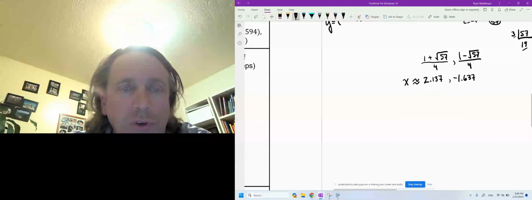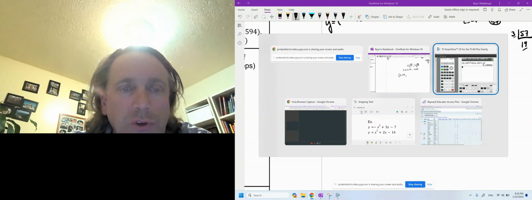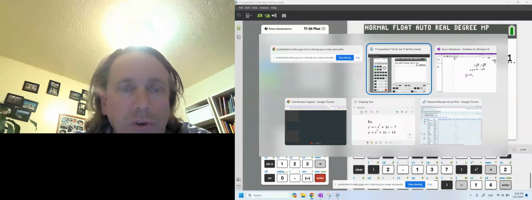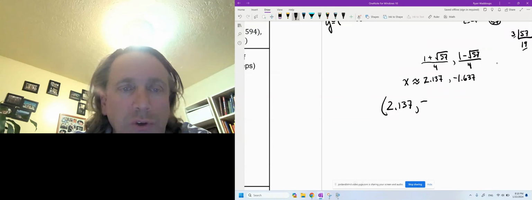So one of my solutions is the point 2.137, comma, negative 5.159. That's one of my solutions. This is the x value and this is the y value. And then I'm going to put in the negative 1.637